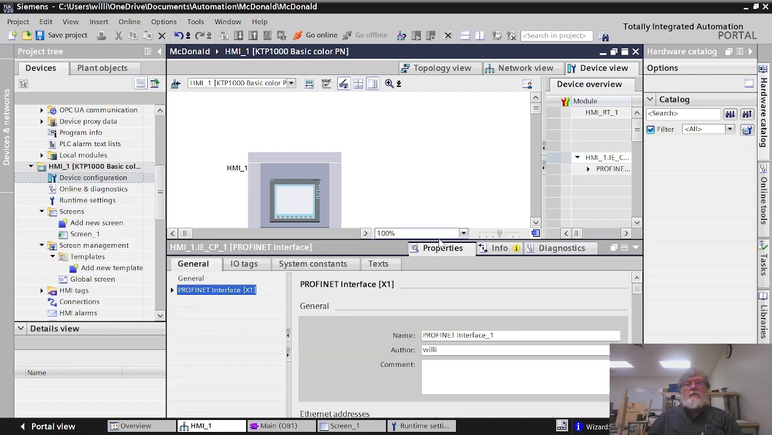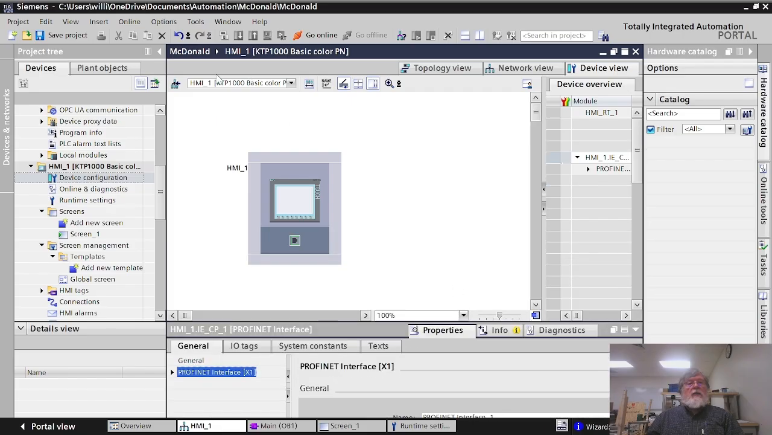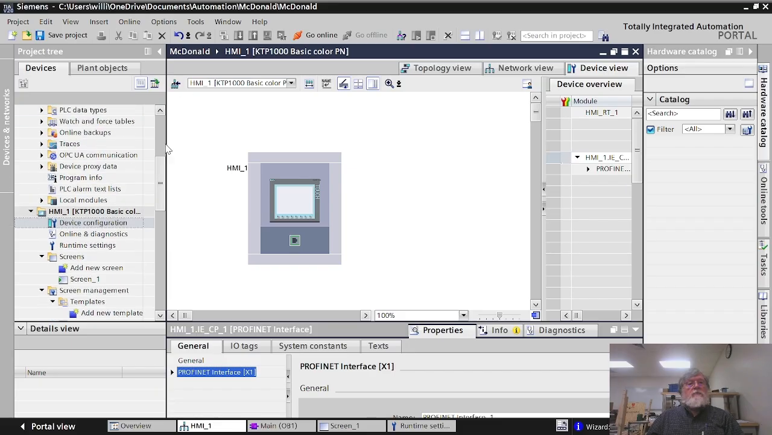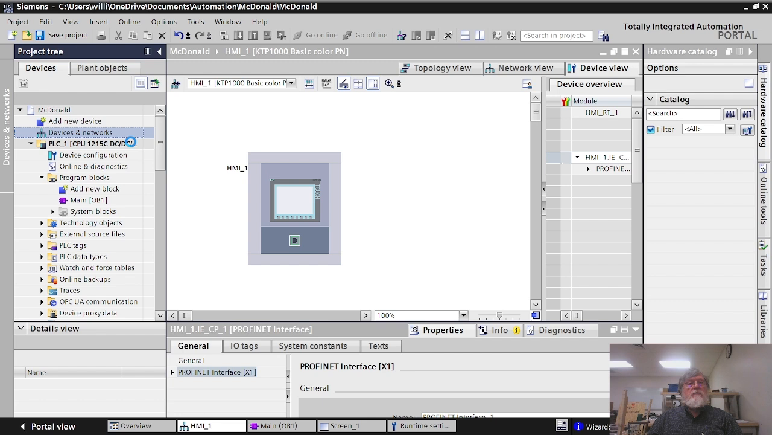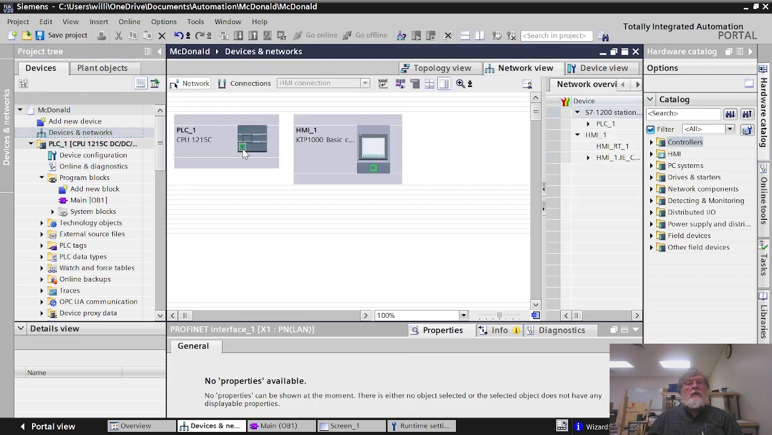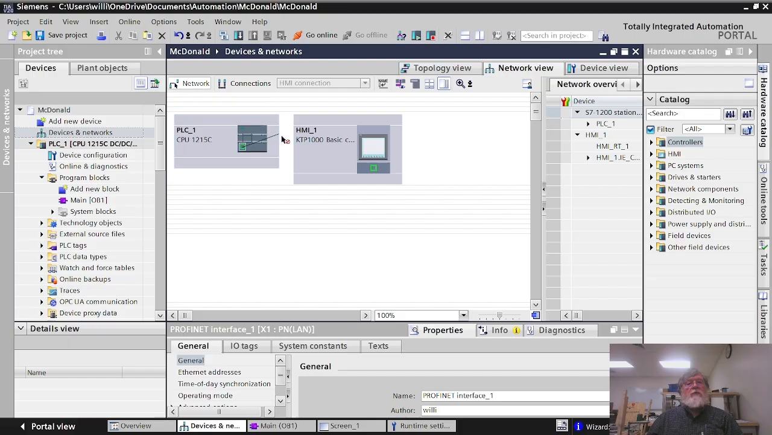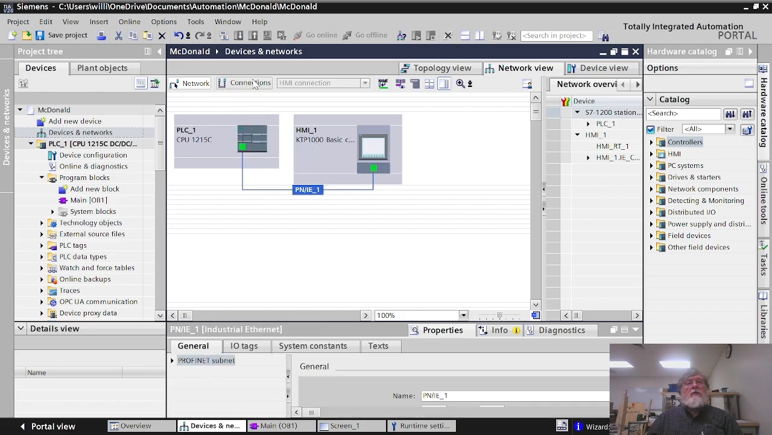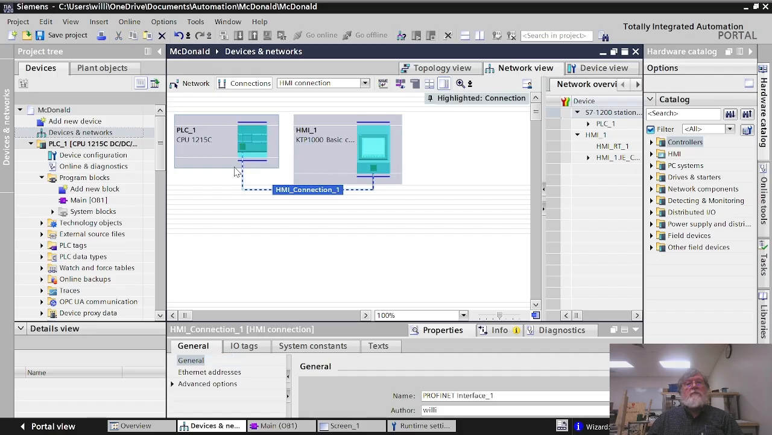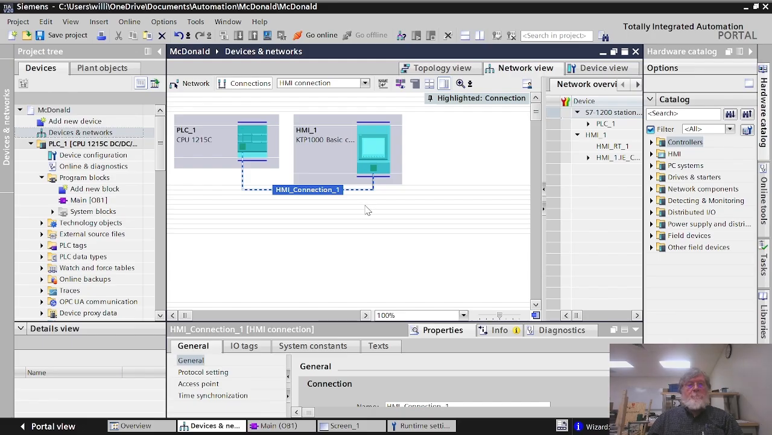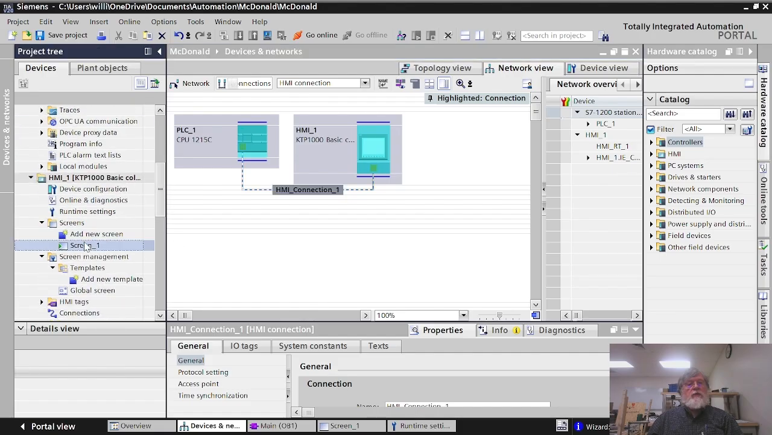Okay, so now we come back and we do the connection between the two, device and networks. We draw the line from here. Okay, we're checked up here in network, so now we draw the line from there to there. We click under connections, draw the line again. This time we get the dashed line. So now we made the connection both ways. Okay, now we go back under our screen 1,